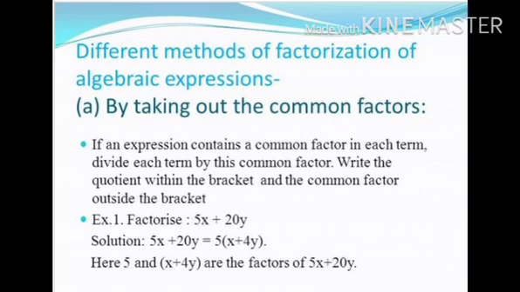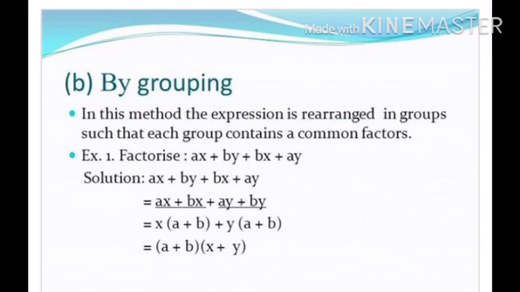In first exercise 7a, questions 1 to 27 or 28, we have to take out the common factor, that is, find the HCF, then divide the expression by the HCF and write the given expression as the product of the HCF and the quotient obtained in the second step. The next factorization method is by grouping.